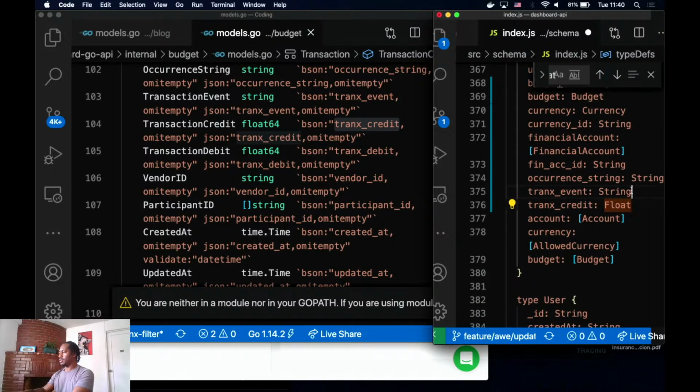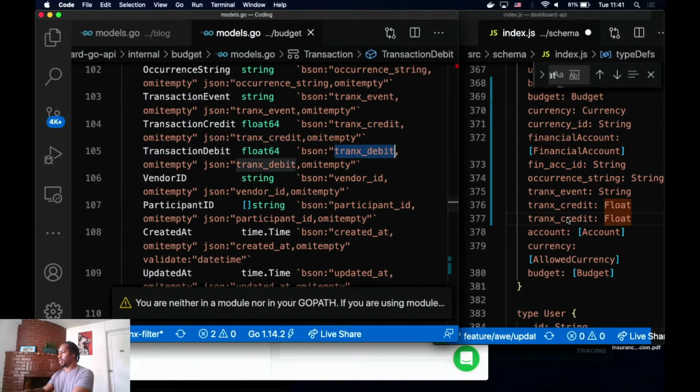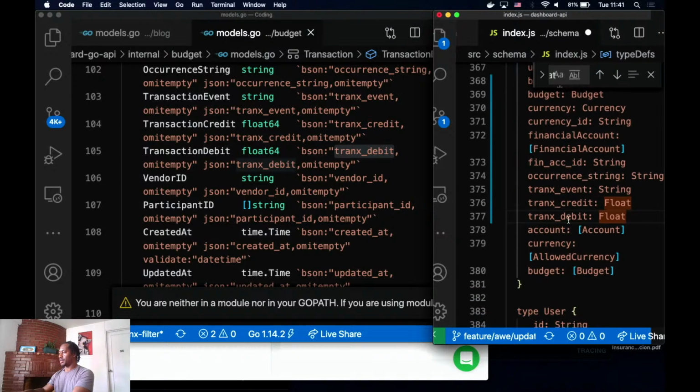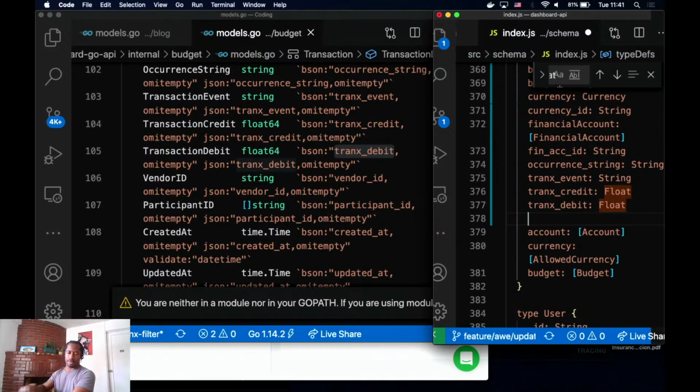All right, float. Transaction debit. Also float. And after that, we got vendor ID. It's a string.